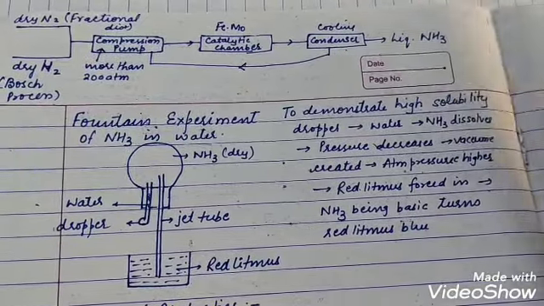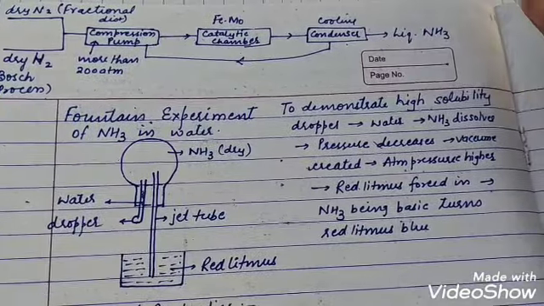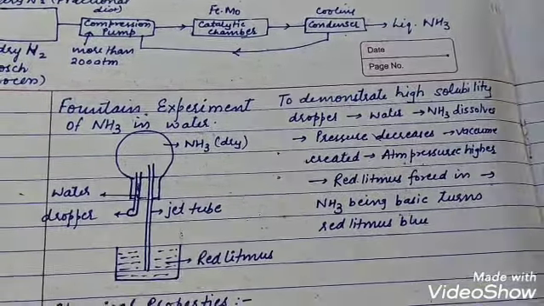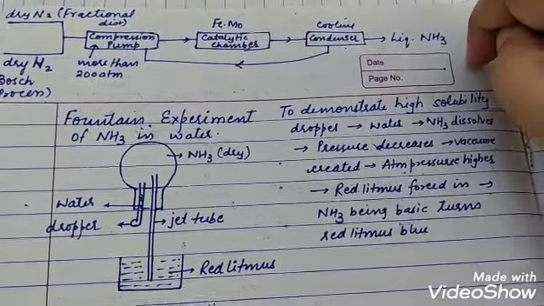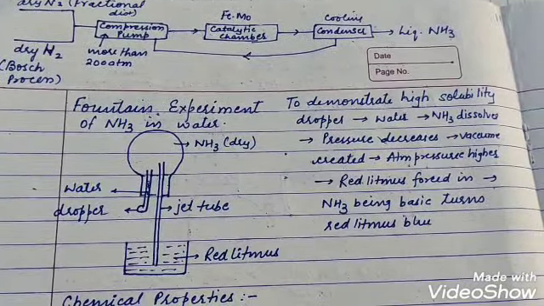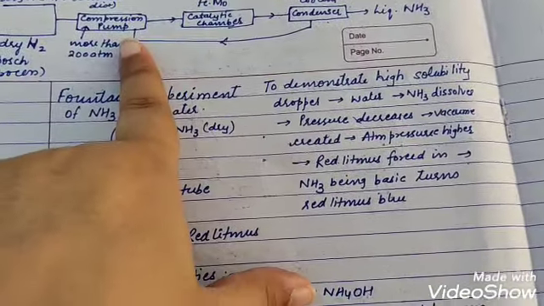From the liquid ammonia we can separate them out. How? First, ammonia will get liquefied, and nitrogen and hydrogen will go back. Second, we can absorb ammonia in water. Nitrogen and hydrogen will not get absorbed that easily, so they will get separated and they will go back to a compressor pump. All right,